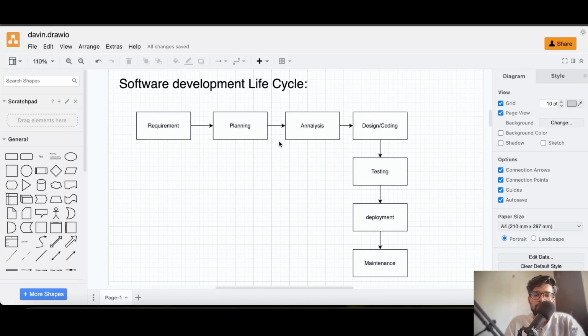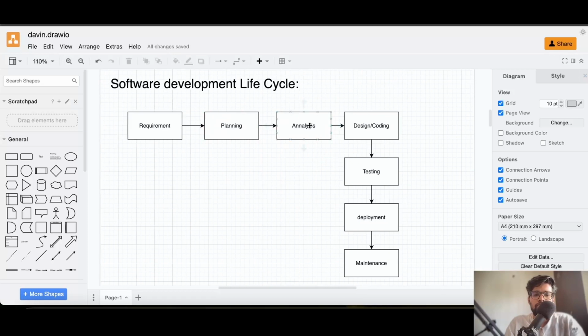In planning and analysis, end-to-end application planning is going to happen, where the product manager, architect, sometimes the TL, so everyone is involved in making this plan. So it's not like a normal planning of an application. It's an end-to-end planning that involves security, scalability, and deployments. Everything is going to happen in this particular planning and analysis. After planning and analysis, it forwards the plan to the client. The client agrees on that. Then the development will start.